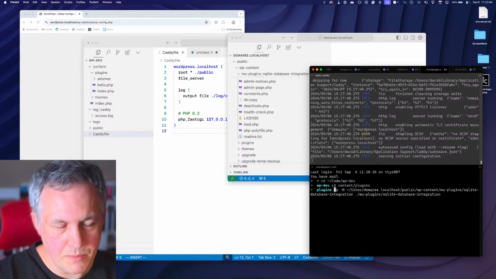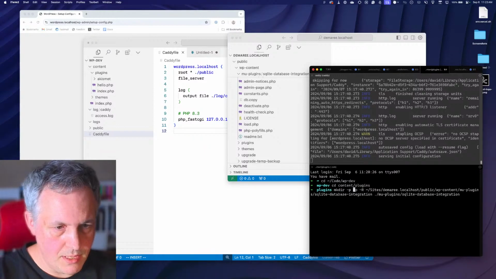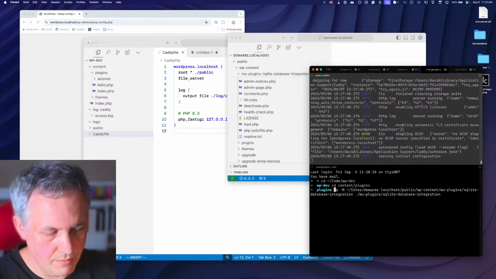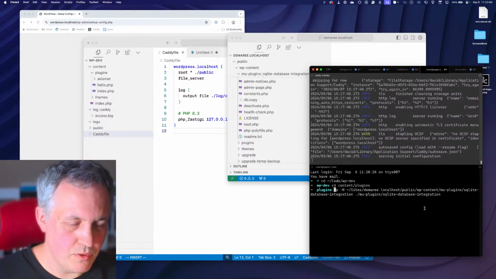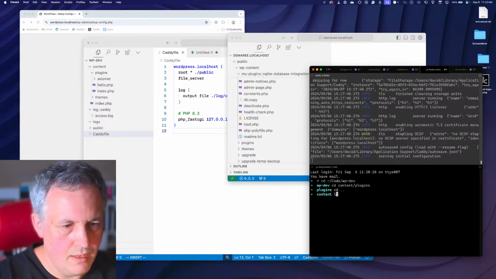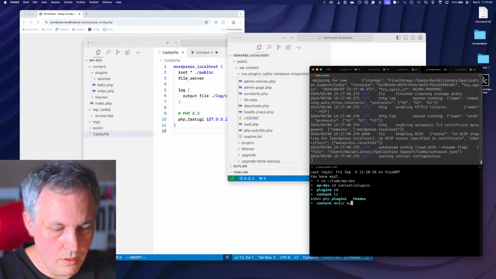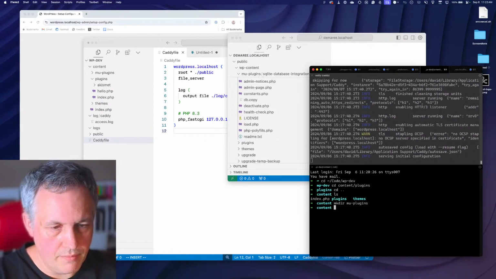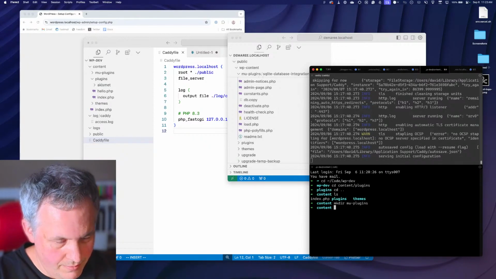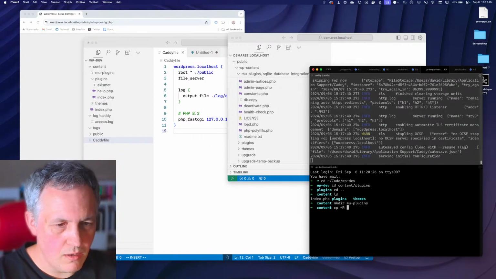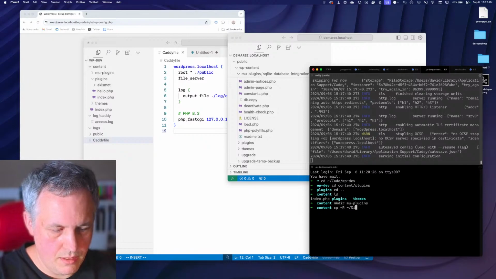Actually, let's get ahead of this by doing mkdir -p. Okay, actually I'm realizing I'm just doing this wrong. Sorry, I forgot what I was doing. mkdir mu-plugins. All right, so now we're going to do cp -r sites